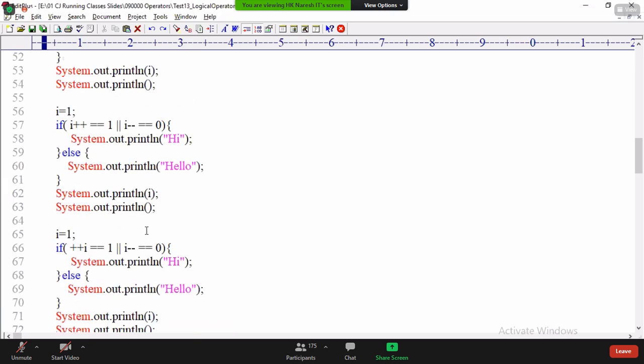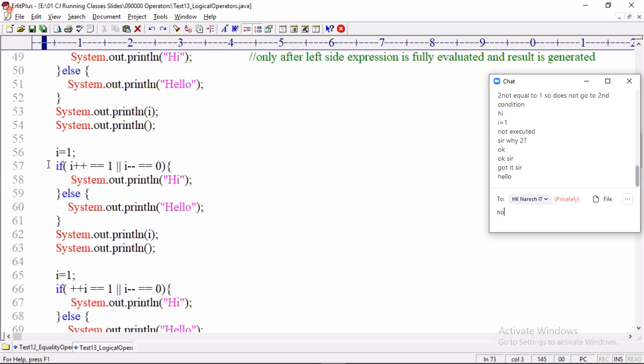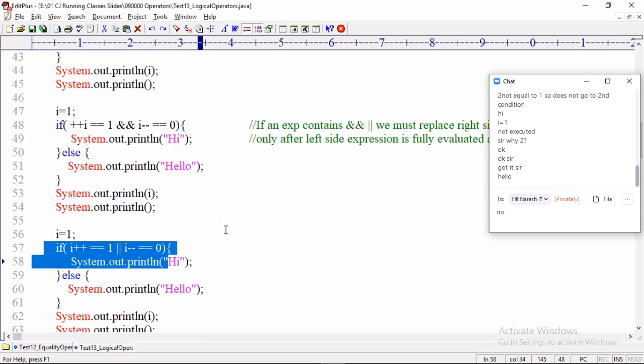Up to now, if you have any questions with double AND and double OR, please try to ask. Double AND and double OR, in companies, in project development, in test cases, we use like this only. The right side and left side results should be true or false, meaning Boolean. If you want to use a literal directly, you can use the literal true or false. Or you can use a Boolean variable directly.